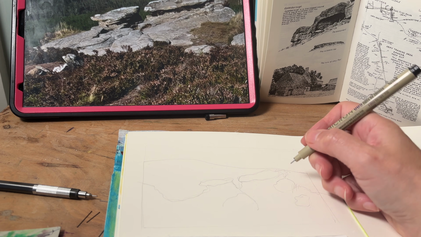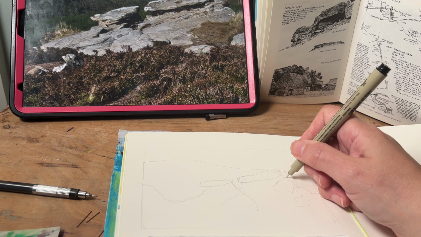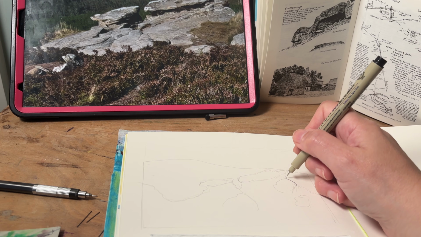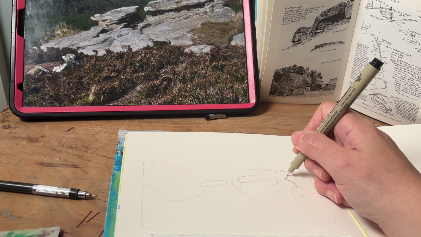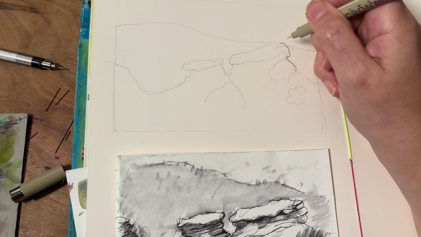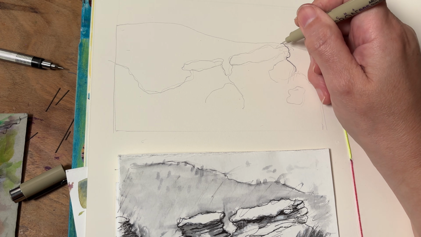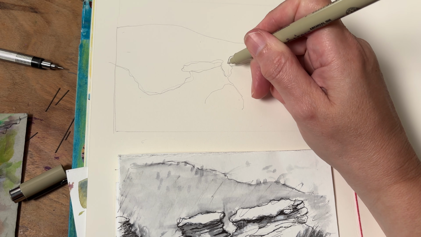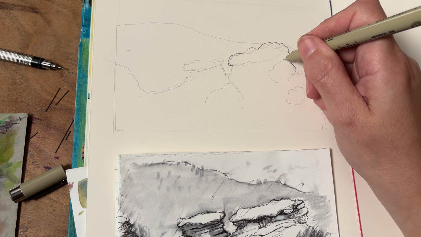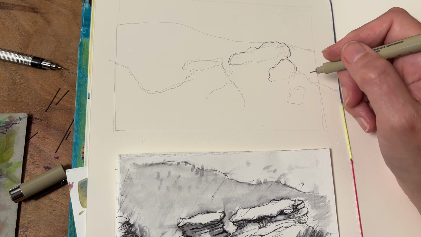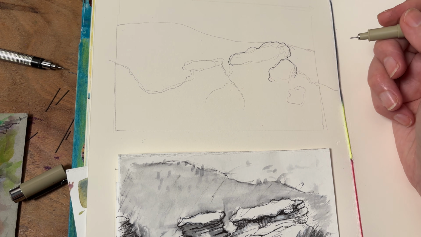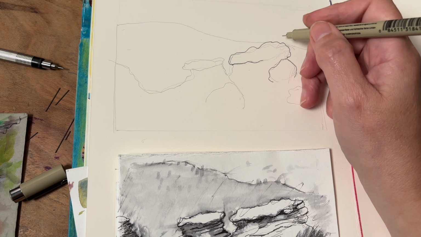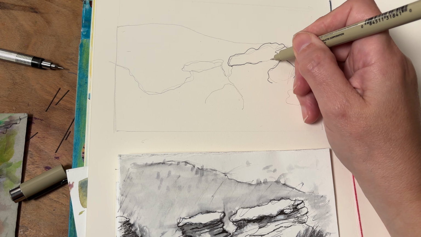And then it was a case of going in with the fine liner pen and using a photograph and my illustration as a guide. I decided to outline everything with a line first because I thought that would be the easiest thing to do. But it was at this point where I'm thinking, I'm not sure I can do this. If you look at Wainwright's illustrations, they're so precise. I can be neat in my illustrations, but I'm not that neat. I decided just to go through with this and continue and see what happens.